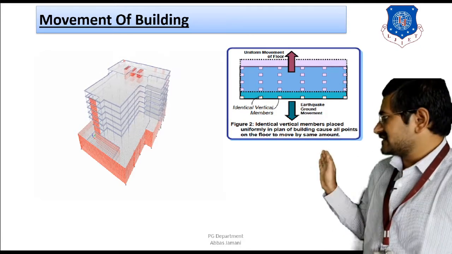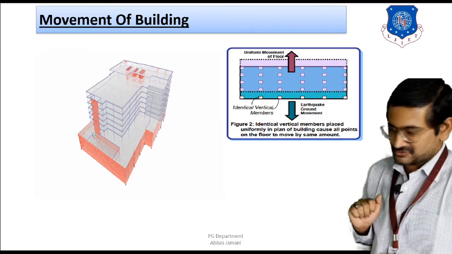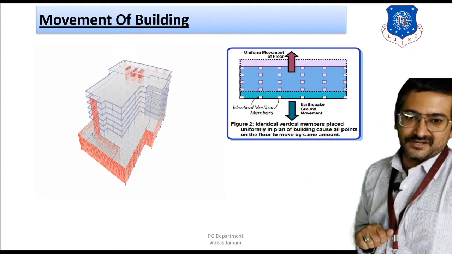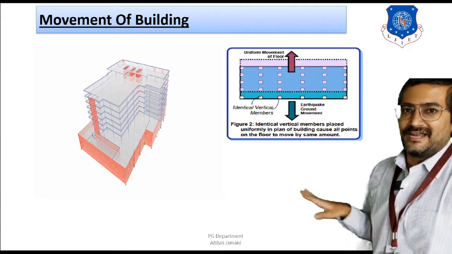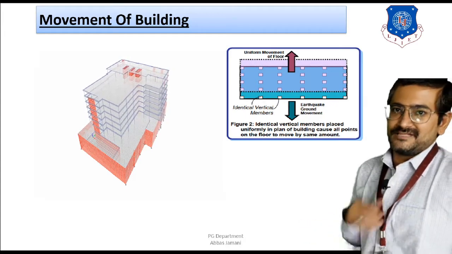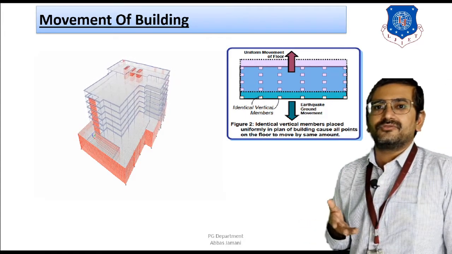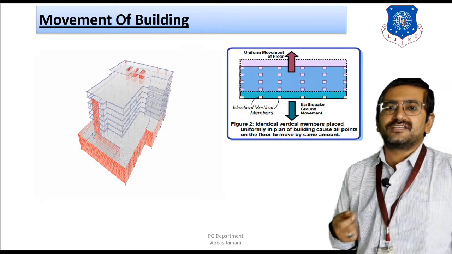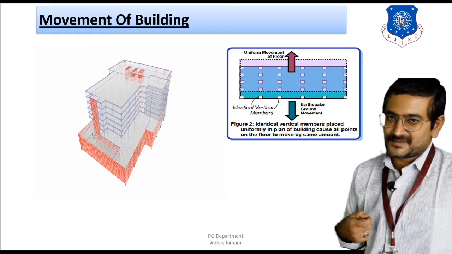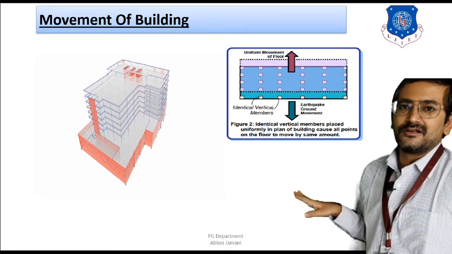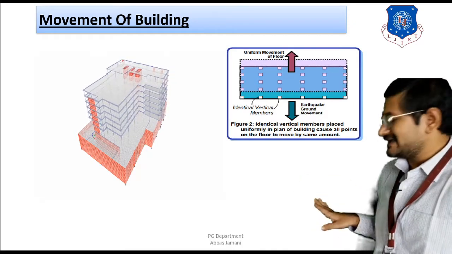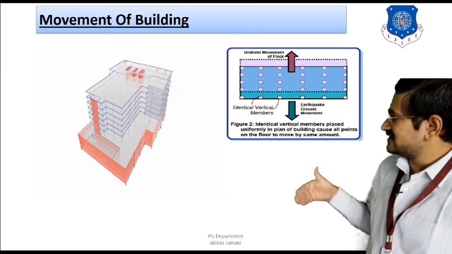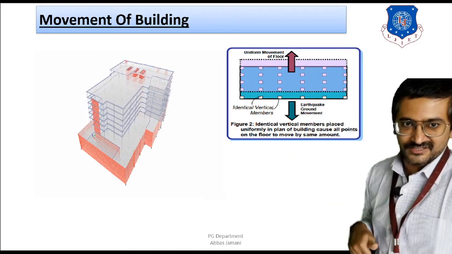That is particularly highlighted by the example shown over here. As you can see, the columns are evenly distributed and the mass is also evenly distributed. Whenever an earthquake force is applied, as we have discussed, the earthquake is going to act in all three directions, but the code says that the major component is going to be in the x direction and the z direction. So here the example is given when the load is applied in the z direction, that is, when the movement is applied in this particular direction, the building is going to move towards the upper side, as you can see in the figure, right?